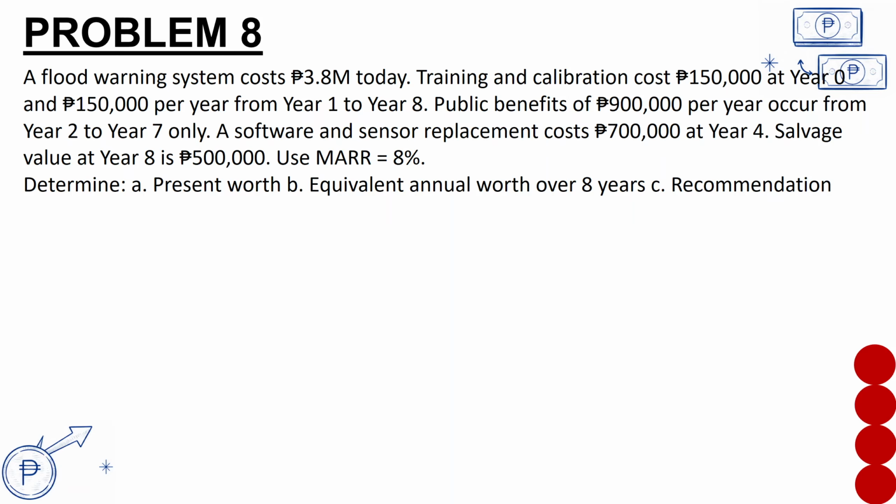So we have flood warning systems, and as you can see, there are several pieces of information or variables shown in this specific problem. Before we begin with our calculations and the determination of the known and the unknown items, I'm going to introduce you to a model that will guide you in how to approach this problem solving.